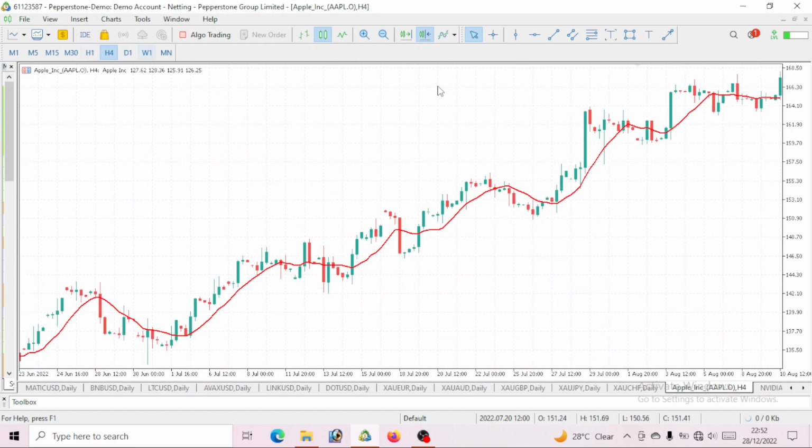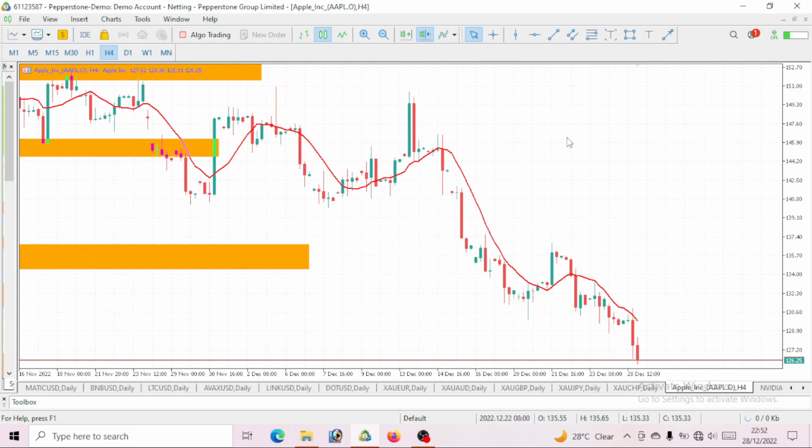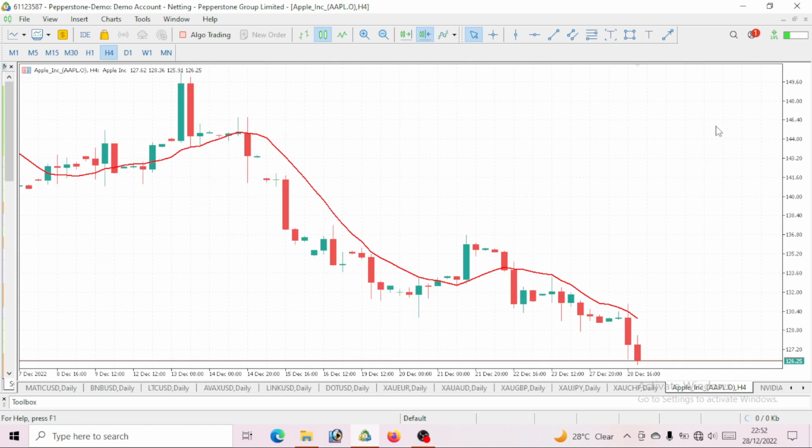That should now take us to the 4-hour time frame. Now this is the 4-hour time frame, right? So this is lower lows and lower highs. So maybe you can wait for a little bit of a pullback to be made on Apple stock. Before you go ahead and sell, I think it will be wise for you to just wait for a little bit of a pullback. Like we see this movement here, we saw this drop, right? And this little bit of a pullback was made before this drop was made. So you can be patient enough for this little bit of a pullback to be made